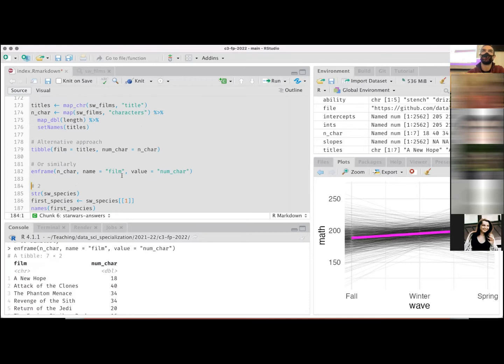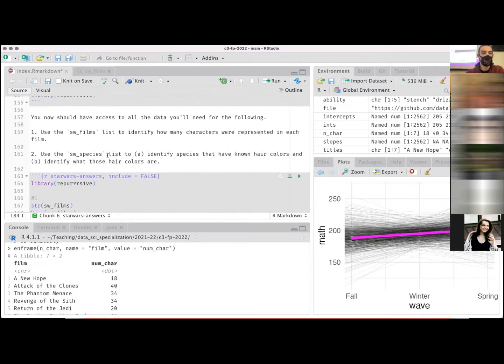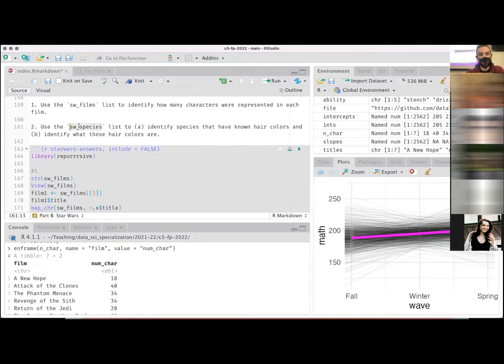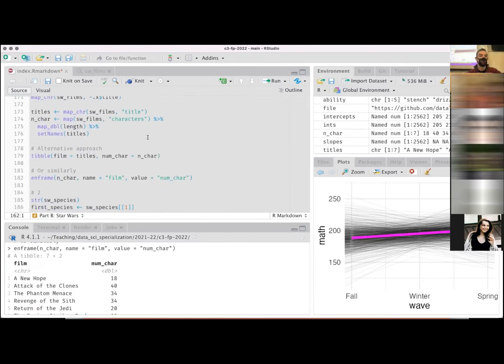Okay, any questions there? All right. The second part of this said use the SW species this time to identify how many species have known hair color and identify what those hair colors are. Okay, so